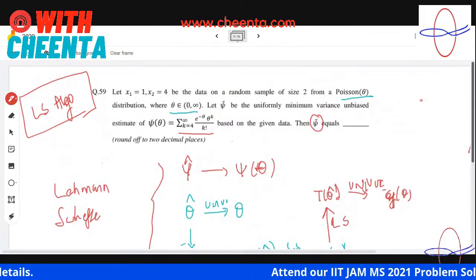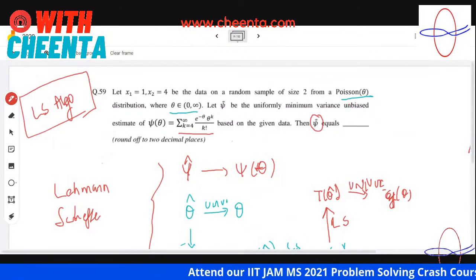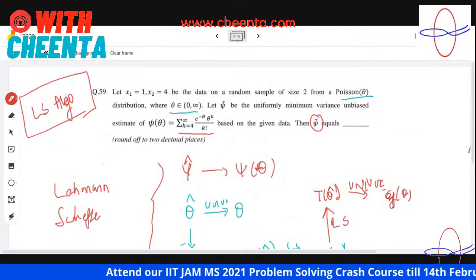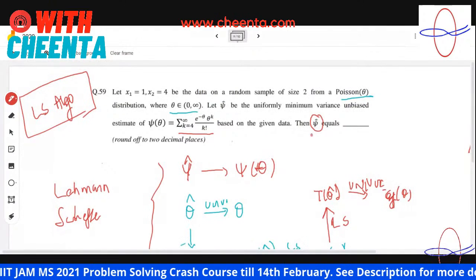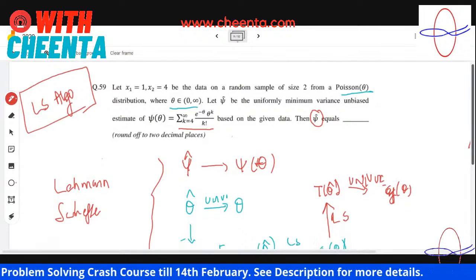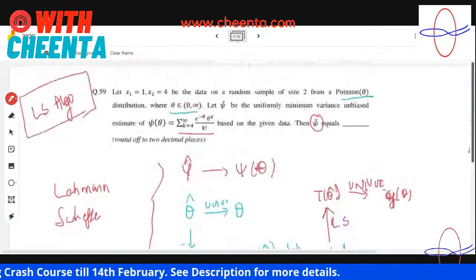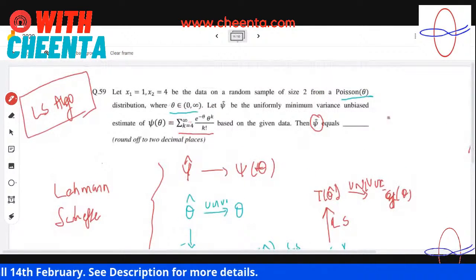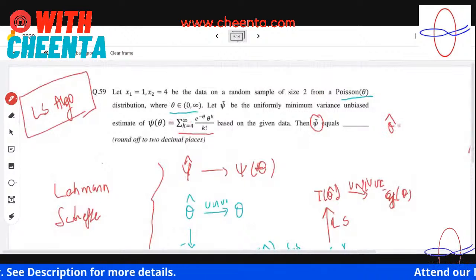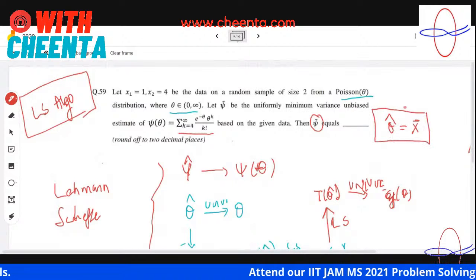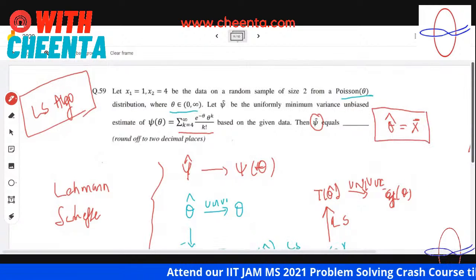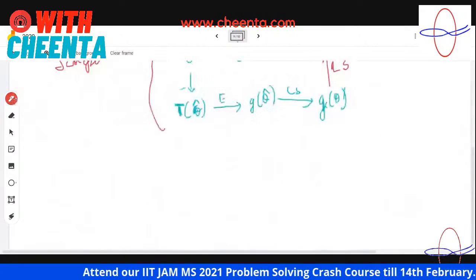Okay, so let's see what Debargo has told. Debargo has told that it's a probability. So what we need to find is this T of theta hat. Now what is theta hat? Theta hat is x bar, a complete sufficient statistic of theta, right? So find that T of theta hat